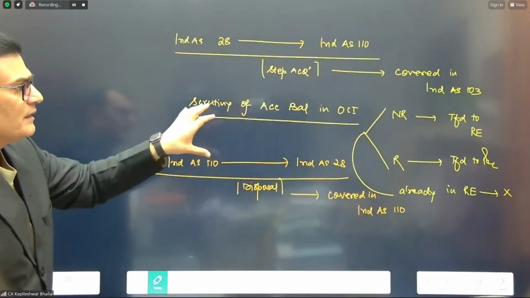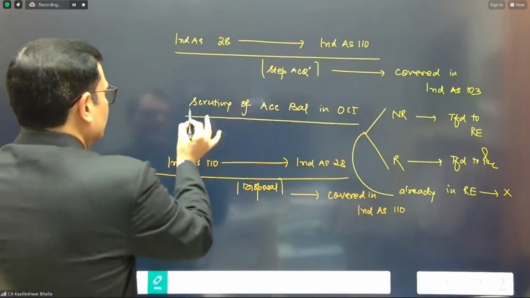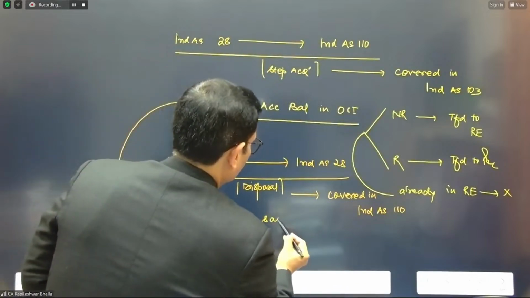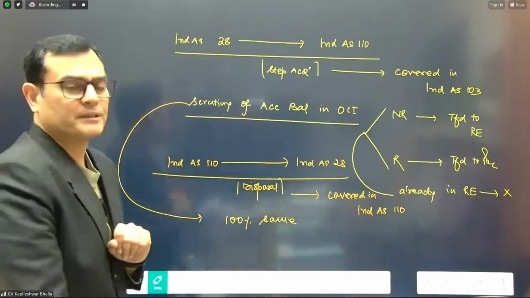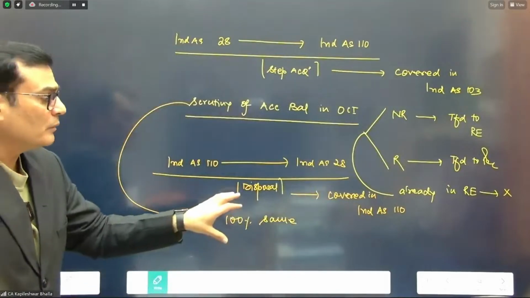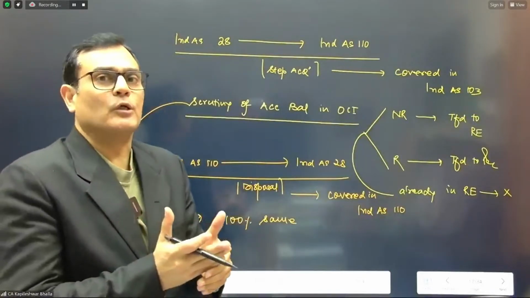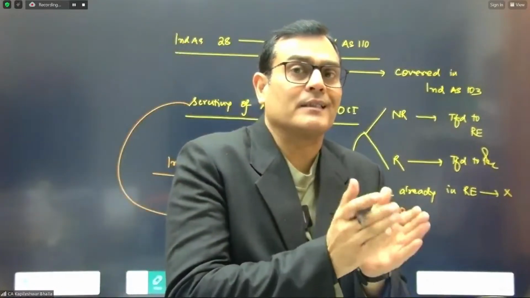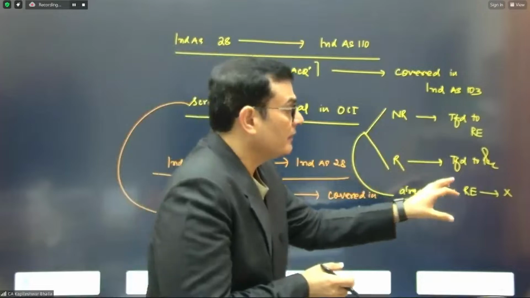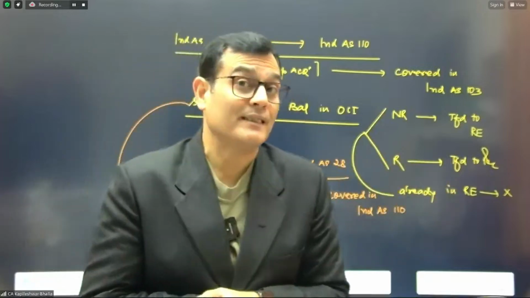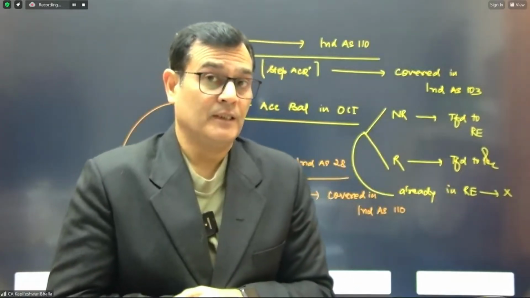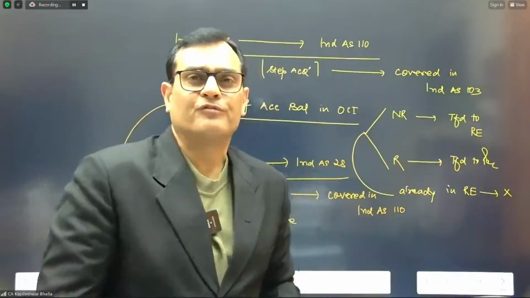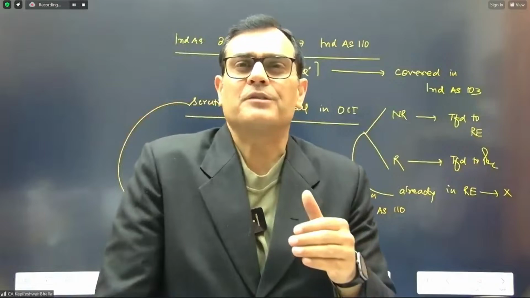And trust me, a similar concept is coming out here. So we can say this concept is 100% the same. You need to apply a 100% similar concept here as well. That means we made a scrutiny of that accumulated OCI. What is R is taken in the P&L, what is NR is taken in the RE, and what is already in the RE is not touched. And the only exception is Ind AS 19. So I will give you a complete list of those items also when we come to the financial instruments, which items enter the OCI.